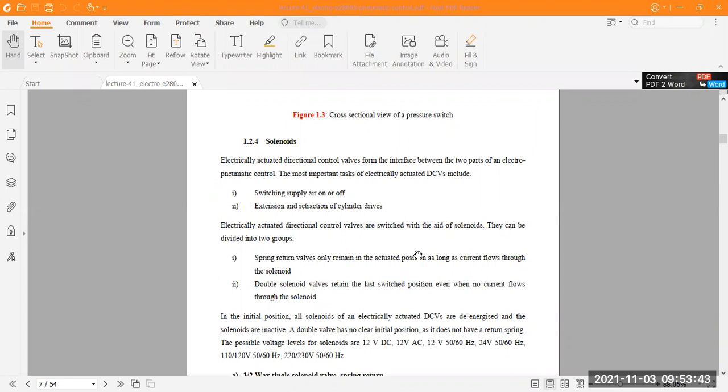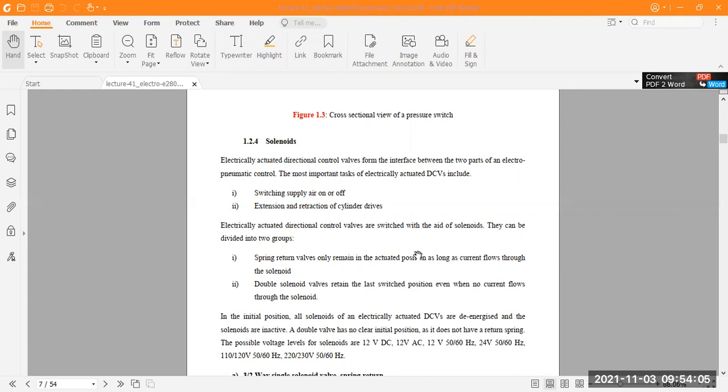This solenoid is one type of control valve we use in our pneumatic controller part, important for any electrically actuated signals, where we have to process different types of signals.